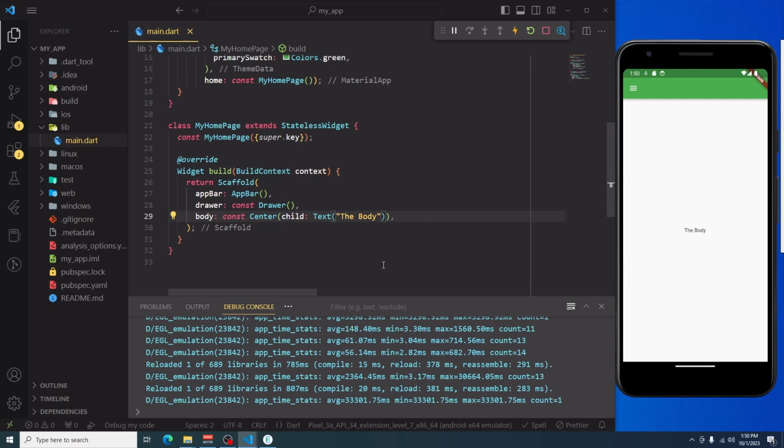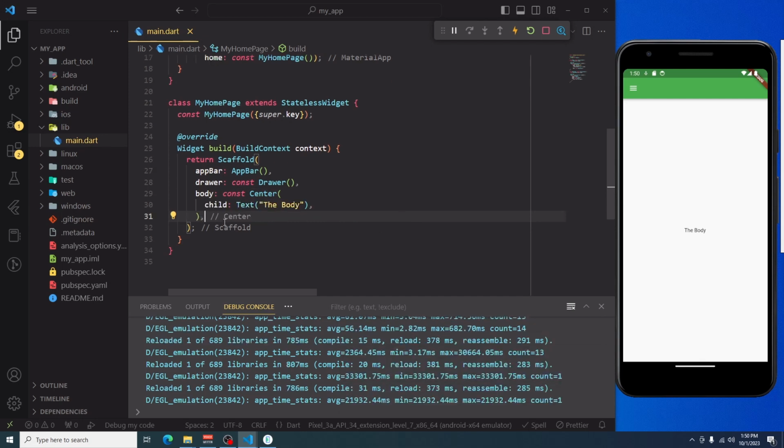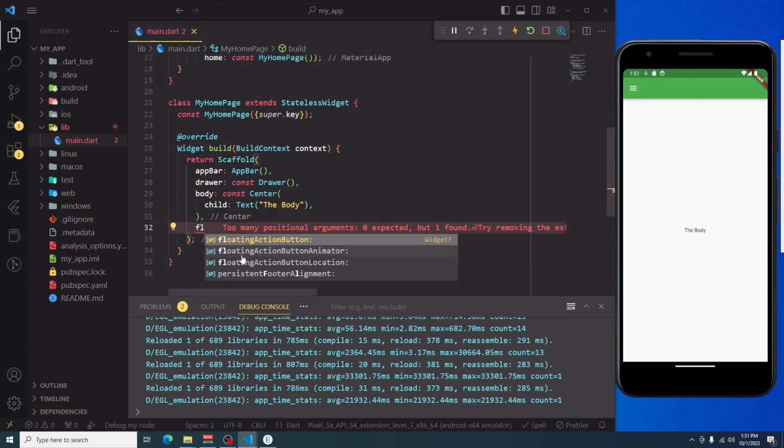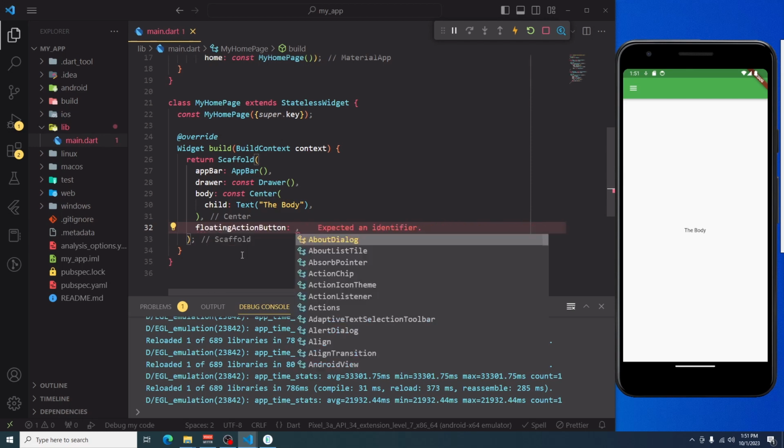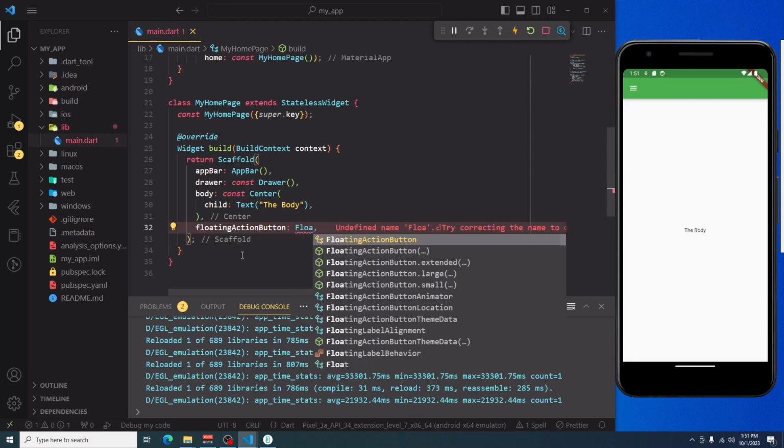Then at the end of every widget, I need to make sure that I have my comma there. So I'm having a comma here, which is for this one, and then a comma for the center widget as well. So let me save it, and these are the changes. So at the end of this center widget, I will also add another property to this scaffold widget, which is known as floating action button. This one. So floating action button like this,